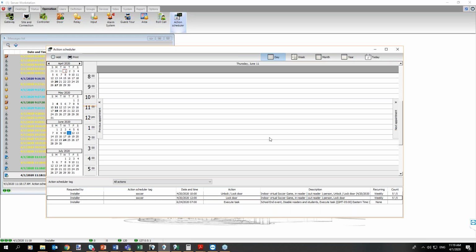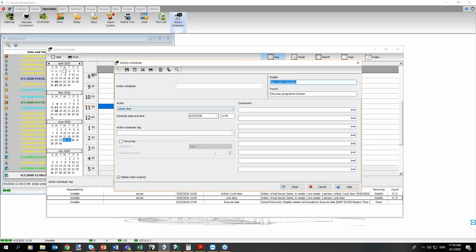Now, before we get to the Enterprise Web portion, because yes, such a great feature cannot be left all by itself. We actually have it on the Enterprise Web. So what we could also do is, what happens if I want it like twice a week, right? Or multiple instances. So if we look carefully at our choices, if I double click or right click and make a new one,